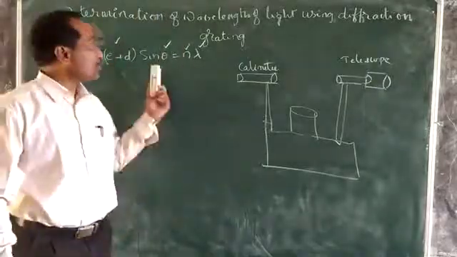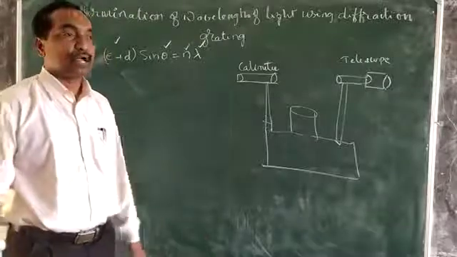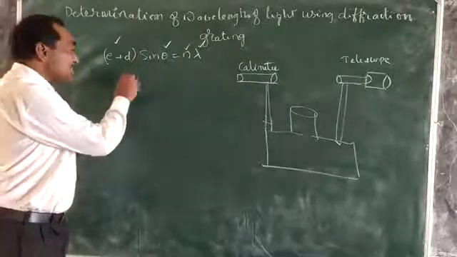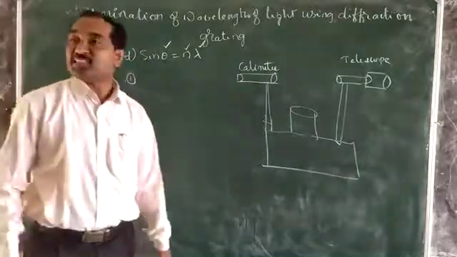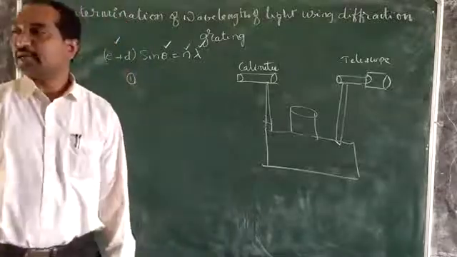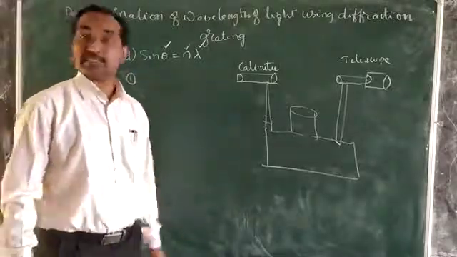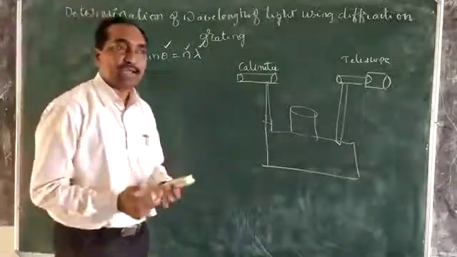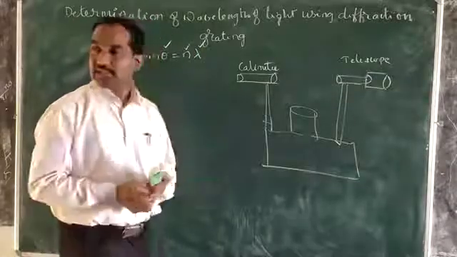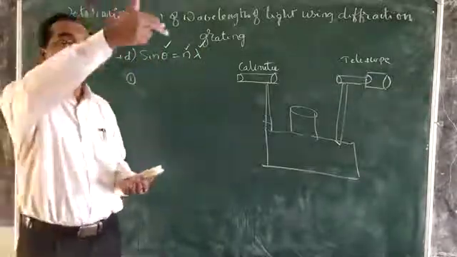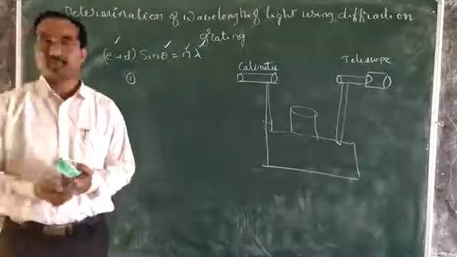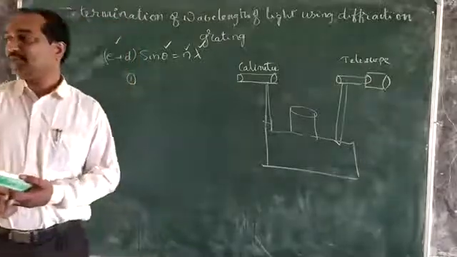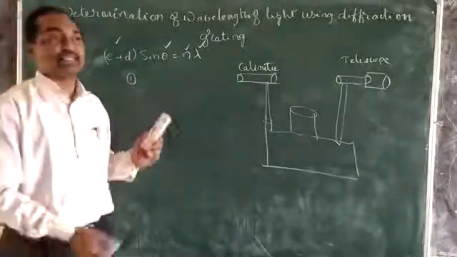Before calculating the angle of diffraction, two adjustments have to be made in the spectrometer. The first adjustment is that the light rays must be parallel, because in this case we are using normal incidence and Fraunhofer diffraction. In Fraunhofer diffraction we require a plane wavefront, that is, the rays coming from the source are parallel. That is the first case. And the second case is that we want to apply normal incidence, because we are calculating the normal incidence case.